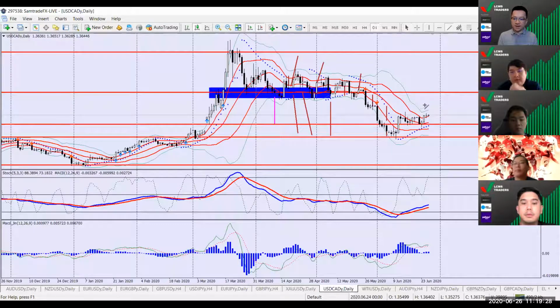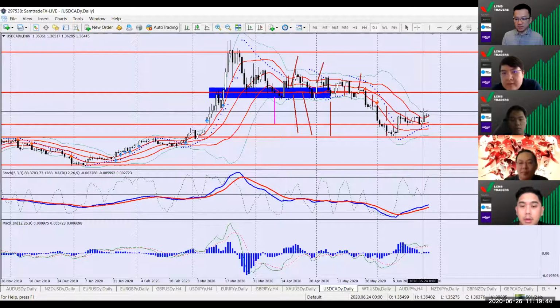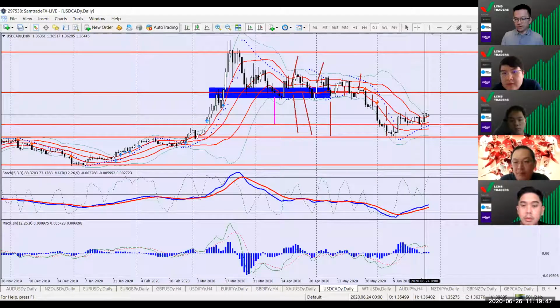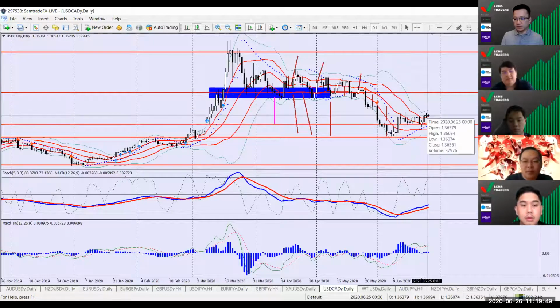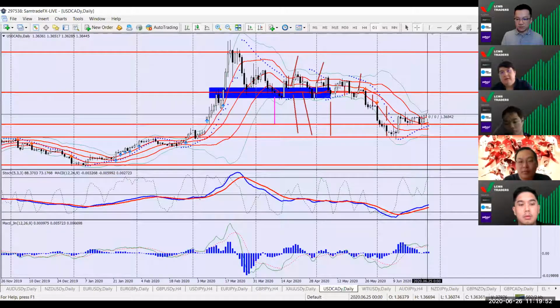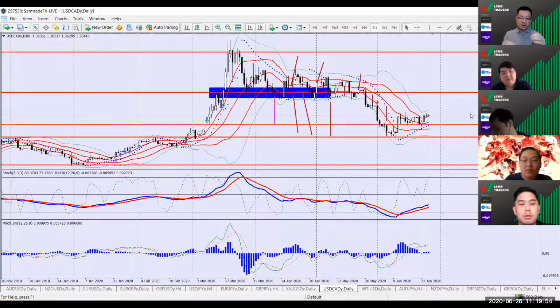Okay, at this point now, I'm going to say that the upside is going to look attractive. However, even despite it looking attractive, I don't think it's going to get there in a hurry. I think it might actually sit in this range. It has been sitting in this 1.3650 to 1.3518 level. So this good 100 pip range. It's sitting there, it's bouncing up and down in that range. What I'll be a bit more careful about is whether what we see is going to happen here.